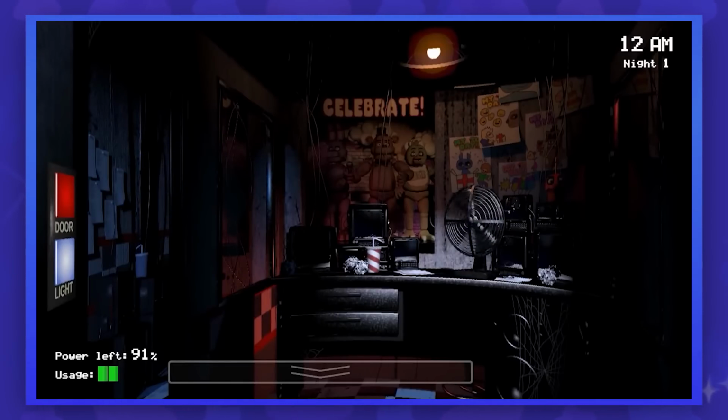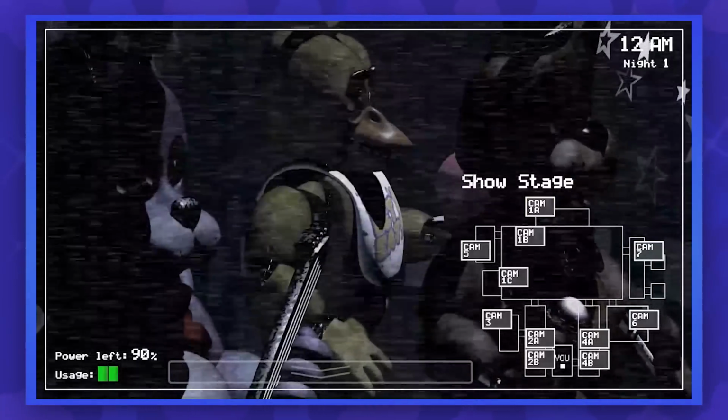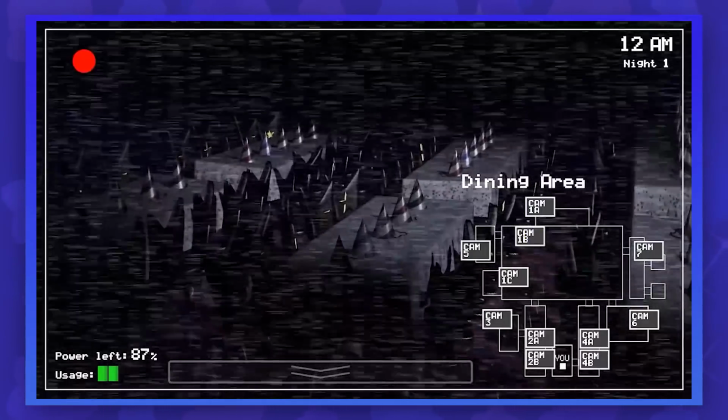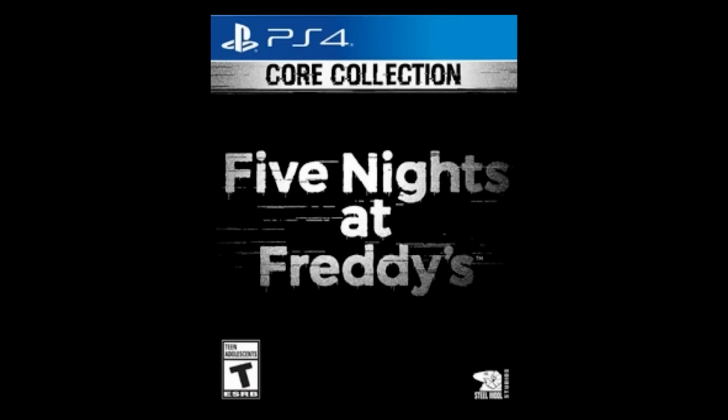Before we get into Security Breach, we first need to address the game that came in between, Five Nights at Freddy's The Core Collection. Don't be mistaken, we aren't going over the digital console versions again. No, we have one physical box art meant to represent the classic games from 1 through Sister Location. Oh, sorry, that was a placeholder image. Let me just get that out of the way for...